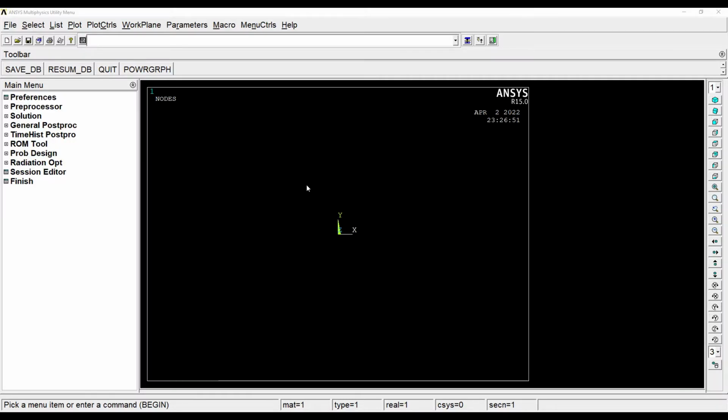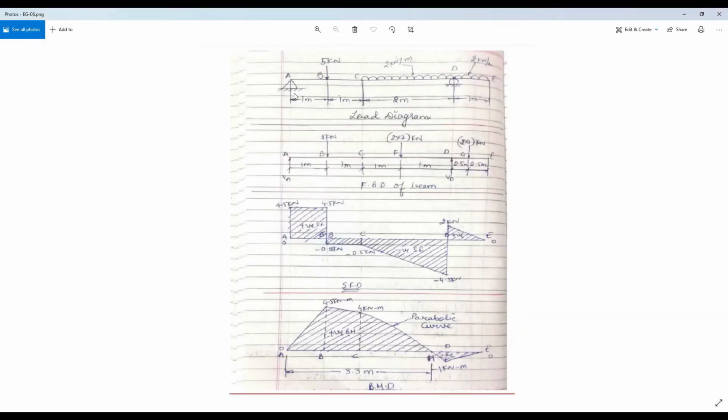Welcome to the next session of ANSYS APDL. In this session, we are taking up this numerical for getting the solution for its SFD and BMD. This is a simply supported beam with an overhang to the right. It is subjected to uniformly distributed load and also a point load. So we will start